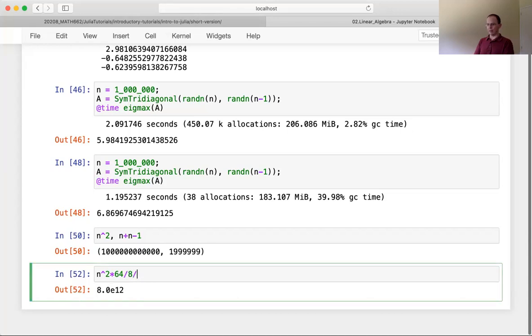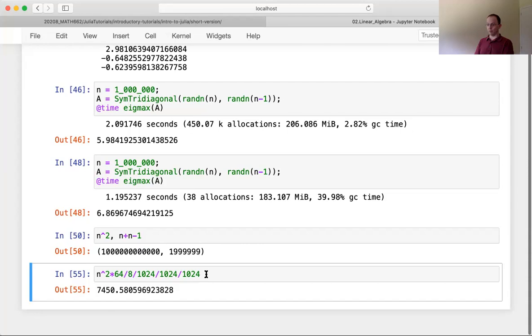Then I would divide that by 1024 to get the number of kilobytes, and divide it by 1024 to get the number of megabytes. Again, to get the number of gigabytes. Okay, so it's 7,450